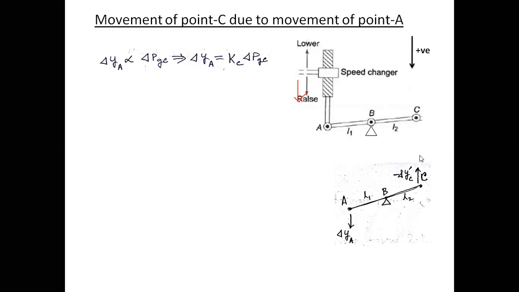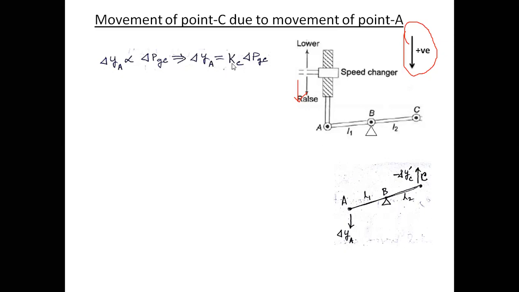And always remember that for this particular operation, any movement on the lower side is taken positive, and any movement on the upper side is taken negative. So lower movement is positive, upper movement is negative. In the first step, you can see del YA is proportional to del PGC, because you have to generate 20 megawatt extra. Instead of 20 megawatt, you have to generate 40 megawatt, then del PGC is 40 megawatt. So these two are directly proportional.